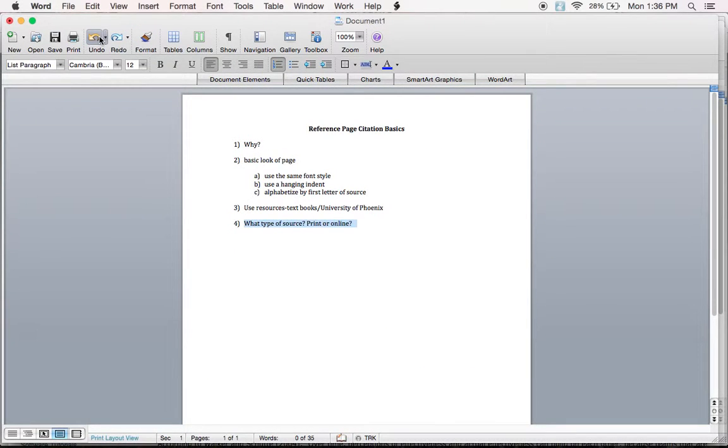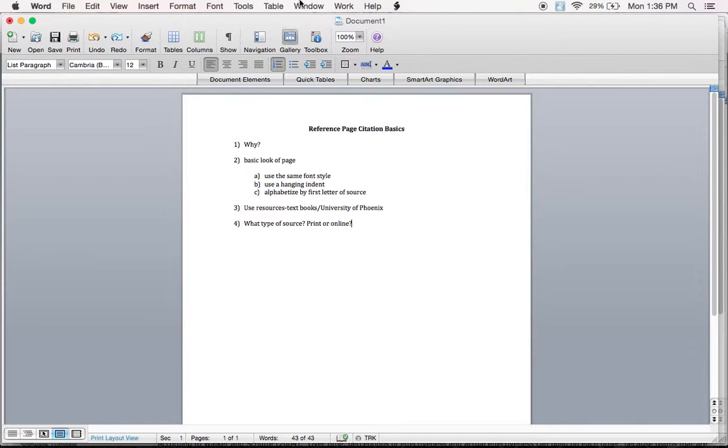The other thing to keep in mind is, what type of source do you have? Do you have a print source or an online source? Most of the time in this class, people are using an online source. If you use an online source, at the very end of each entry, you're supposed to put either the DOI, which is the Digital Object Identifier, a number that's assigned to specific content. If you can't find that, that's okay. Sometimes a page will have that easily for you, but if you can't find it, you just put the website address, the URL, at the end of your entry. So just remember to do that. If it's an online source, include the web address at the end.